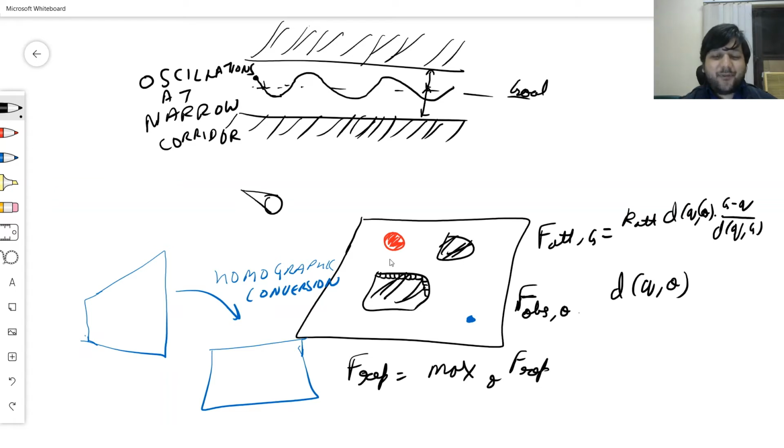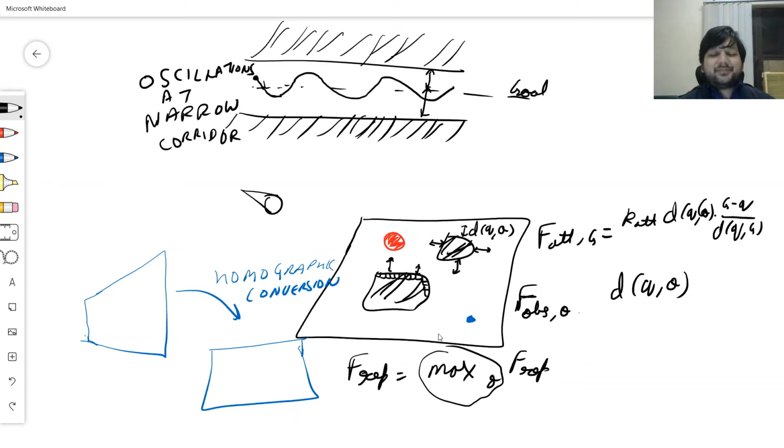That means for any point in the scenario, I only have to consider the nearest obstacle. That will be d(q,o), and because of this max modeling, only the nearest one will apply